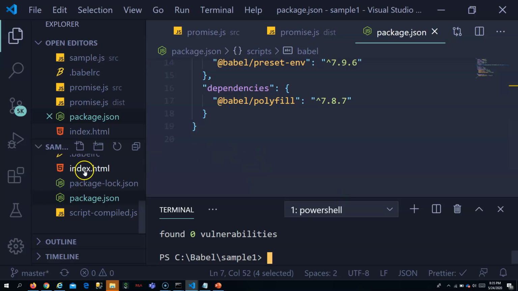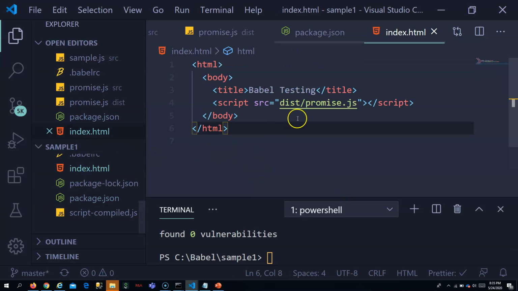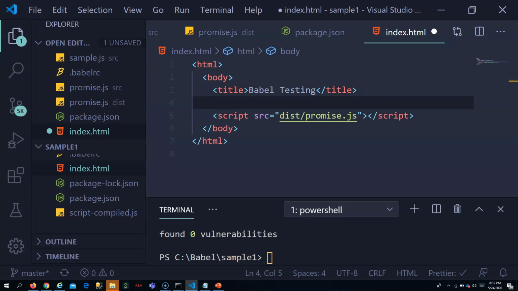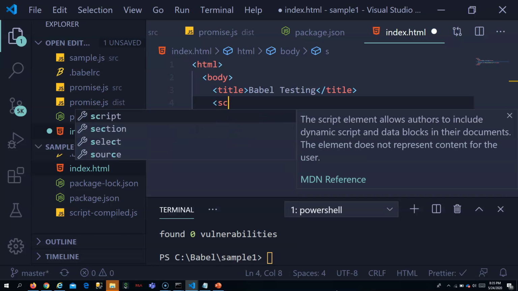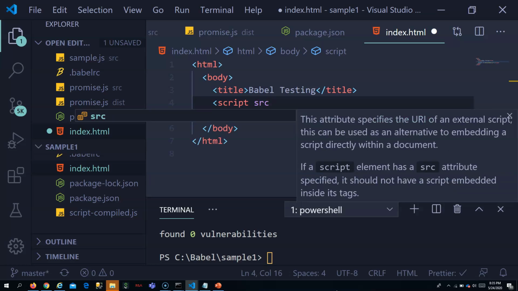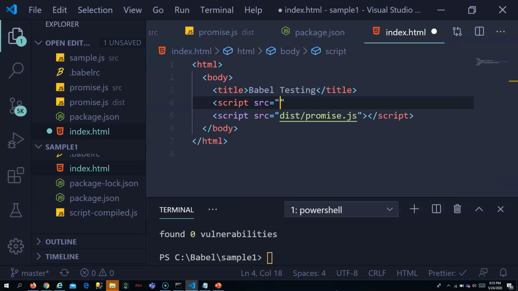Now, before sourcing this promise.js, I have to source this polyfill so that the promise will be taken from the polyfill. So I have to source the polyfill file now.